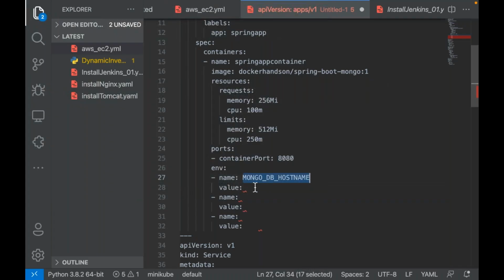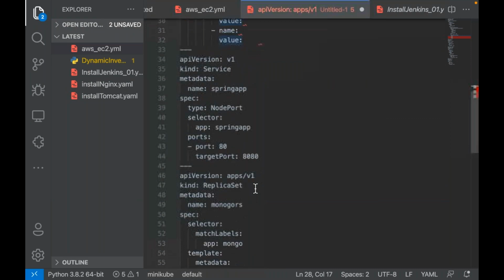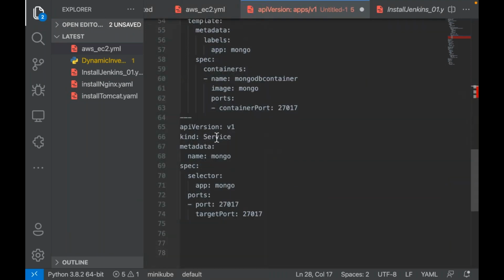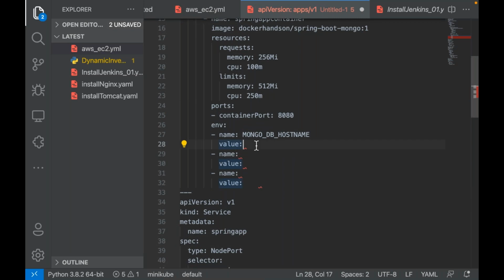Now, for this one, can I pass the name of the service I have created for the Mongo database pod? If it is Mongo, I can pass Mongo. If it is Mongo SVC, can I use that here?